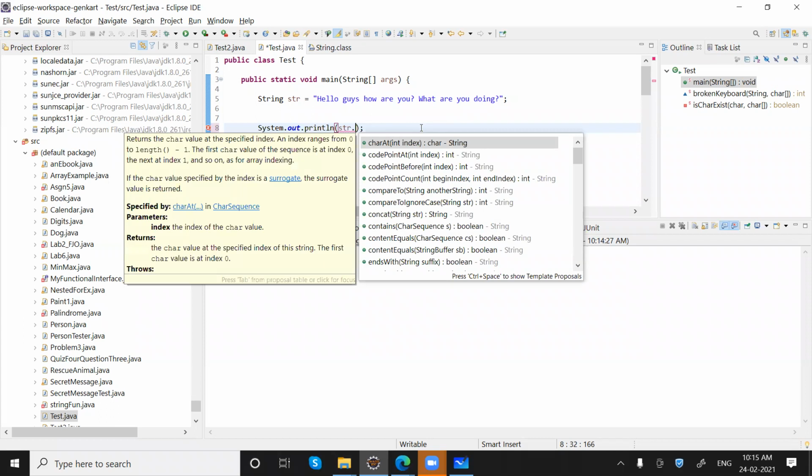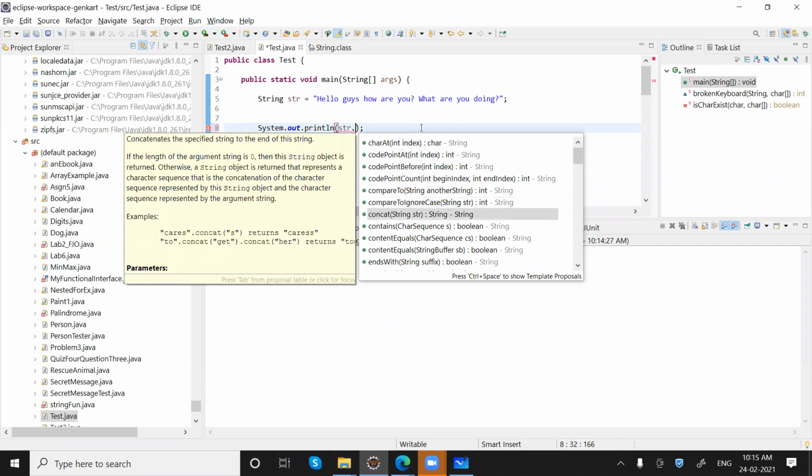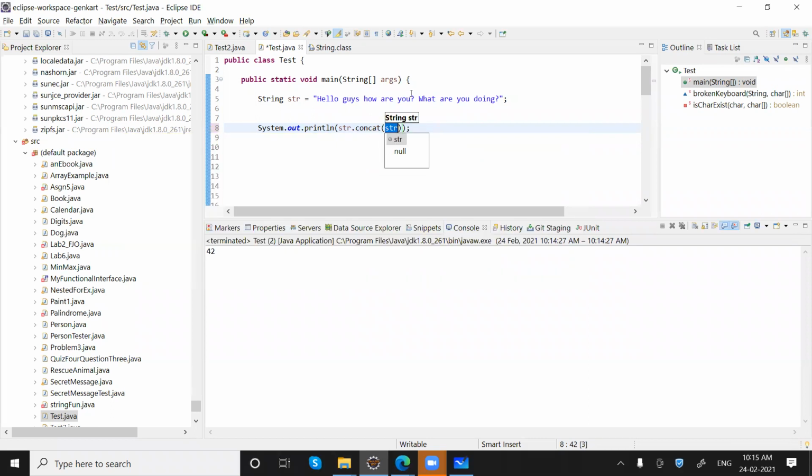Okay, now before moving further to endsWith, let's take another string. I'm taking it outside. String str is equal to this.